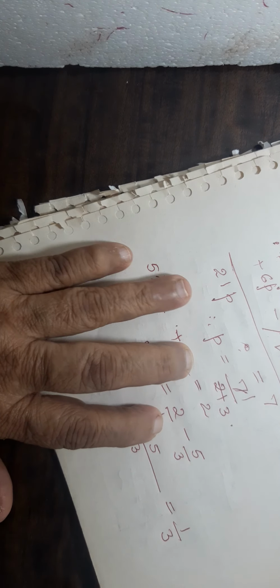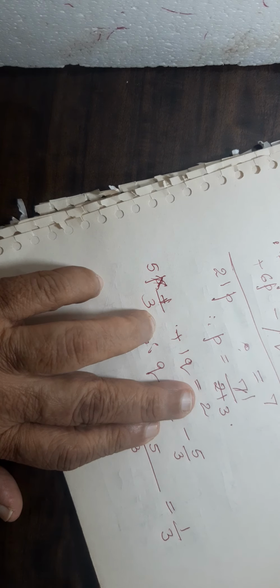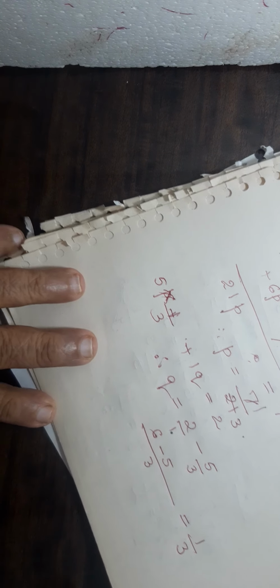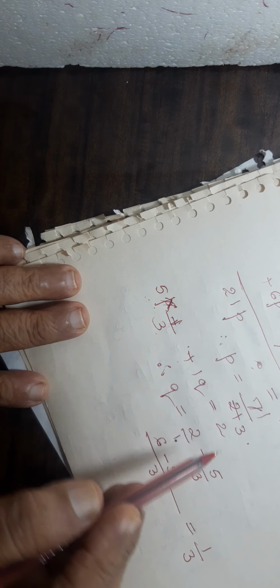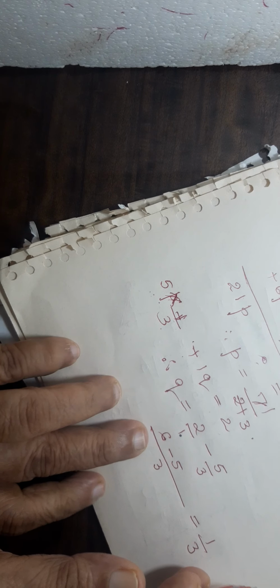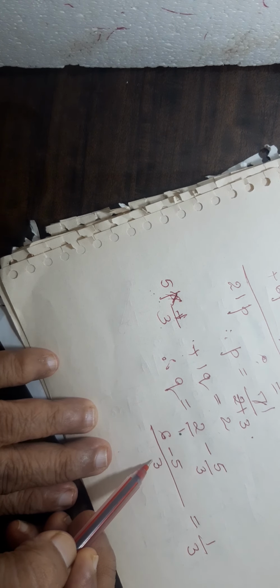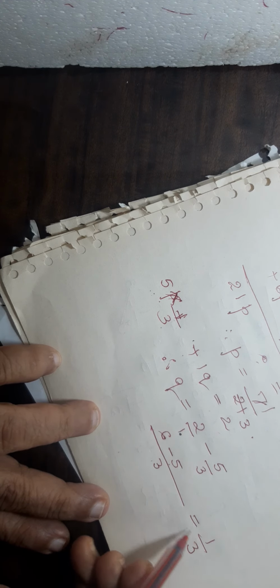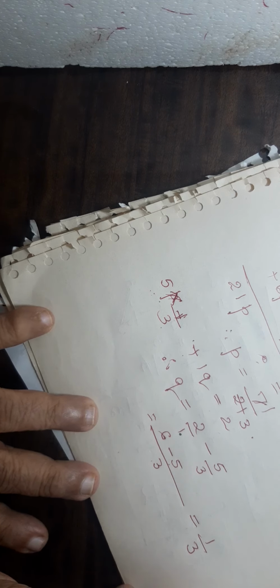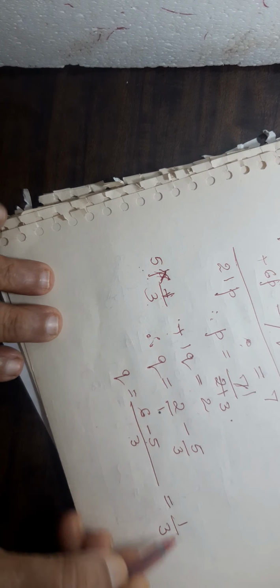Now let's check once here. 21p is equal to 7, therefore p is equal to 7 by 21. So 1 by 3 you will get. And then you are substituting here 5 into 1 by 3 plus 1q is equal to 2. So q is equal to 2 minus 5 by 3. So 3 is the LCM here. 3 2s are 6 minus 5, so you are getting here also 1 by 3 only. So p is equal to 1 by 3. q is also equal to 1 by 3. But our q and p are something else only.